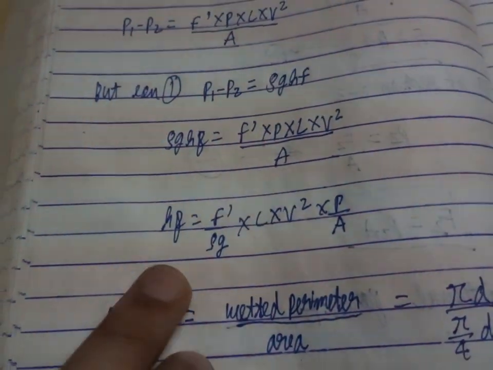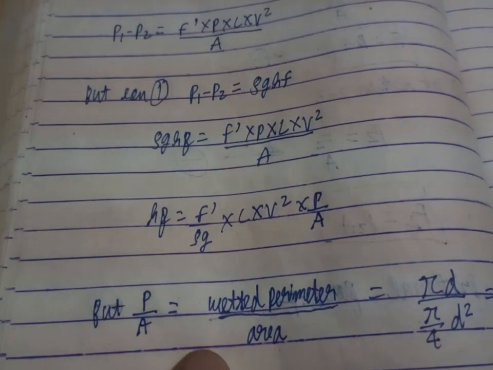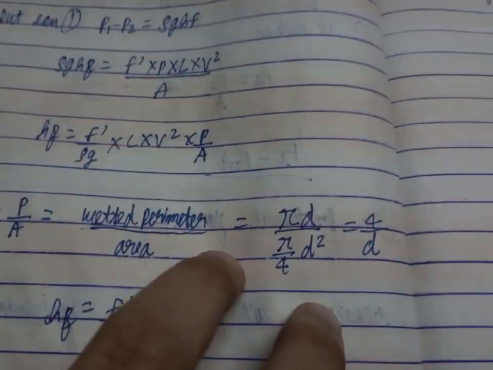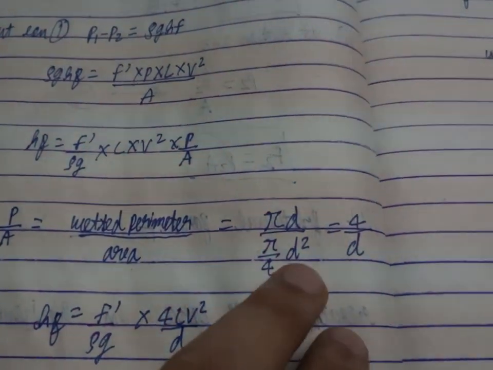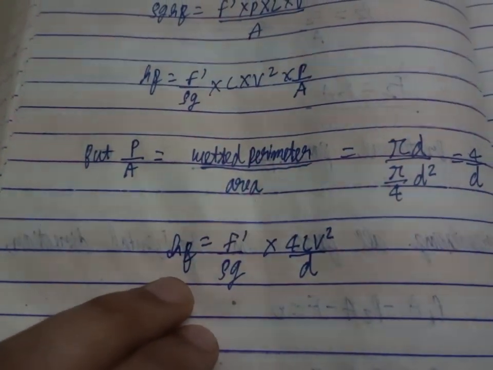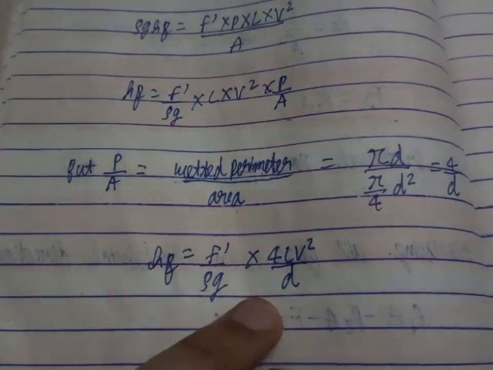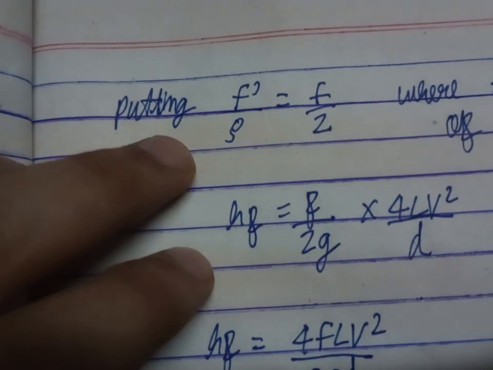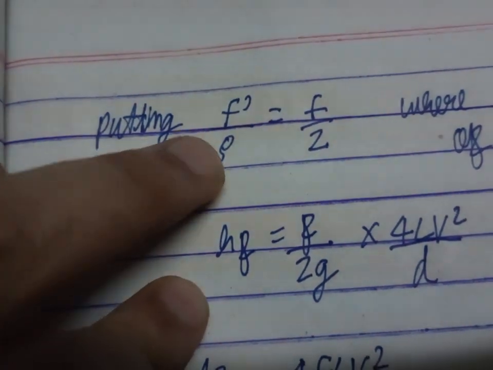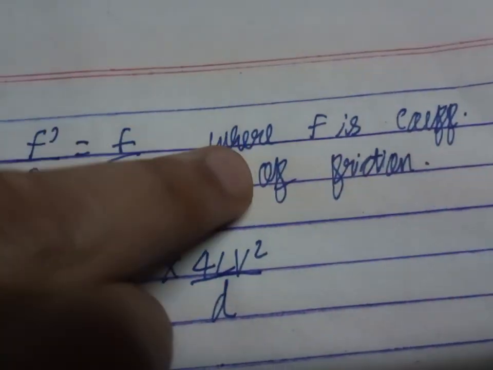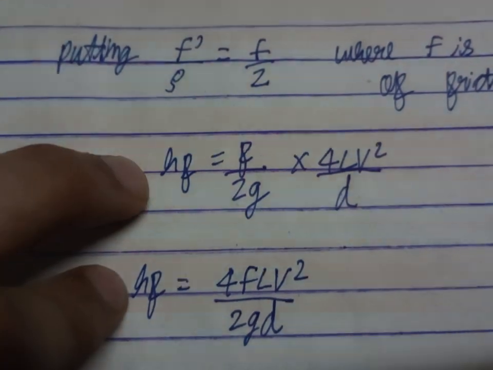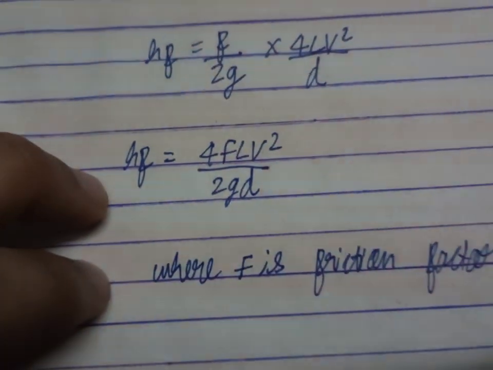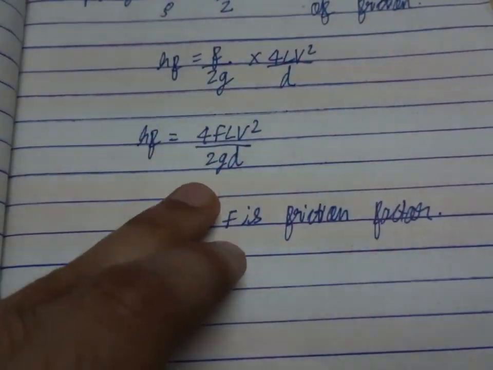So here we see HF is equal to F dash by rho g into L into V square into P by A. But what we know is that P by A is wetted perimeter by area. So wetted perimeter by area is given as pi d by pi by 4 d square, which is equal to 4 by d. So we get HF as F dash by rho g into 4 L V square by d. Now here we come to a new term. In the place of F dash by rho, we substitute F by 2, where F is the coefficient of friction. This is a very important step. So we get HF is equal to F by 2g into 4 L V square by d, and finally HF is equal to 4 F L V square by 2 g d,